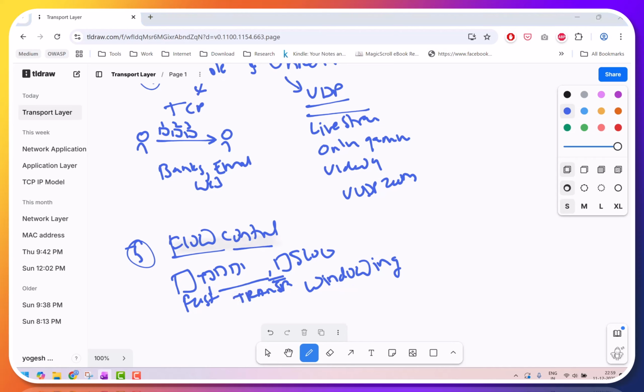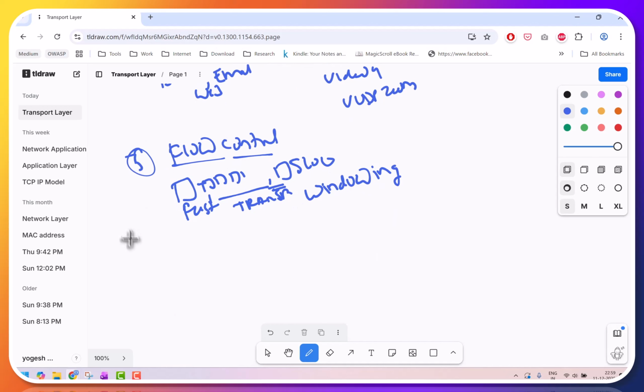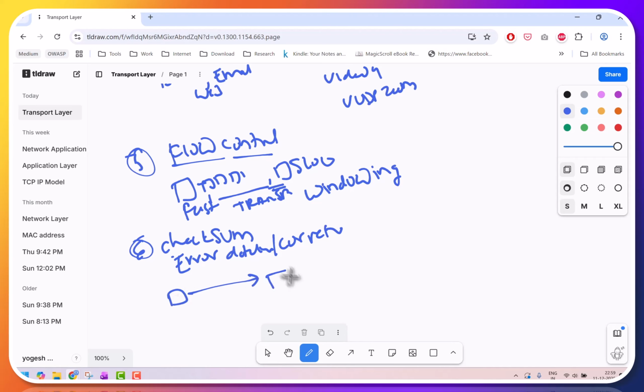One more responsibility of the transport layer is checksum. This is very important. This is a part of error detection and correction. Just think you are sending data from one location to another location. What is the guarantee that whatever you sent went in the same order, in the same manner, and is intact, not tampered with in the middle? How will that be ensured? The checksum makes sure of that. You can call checksum a digital signature.